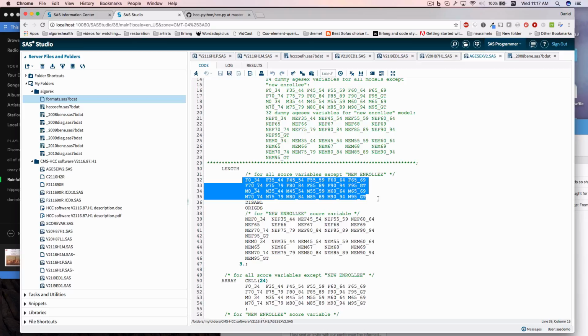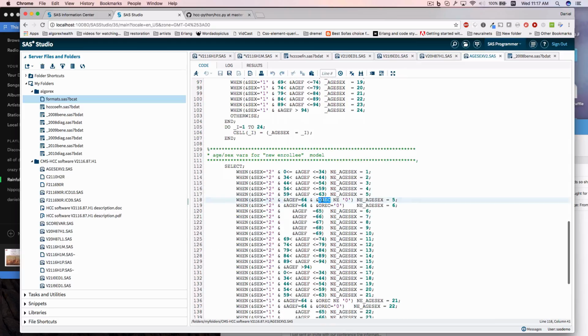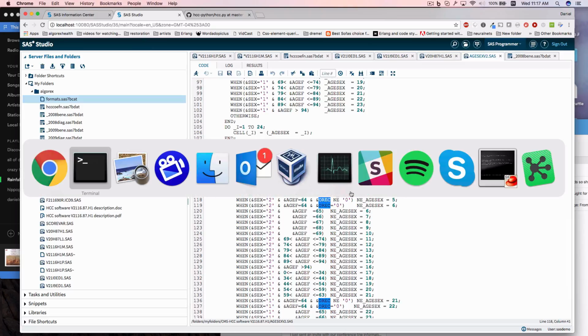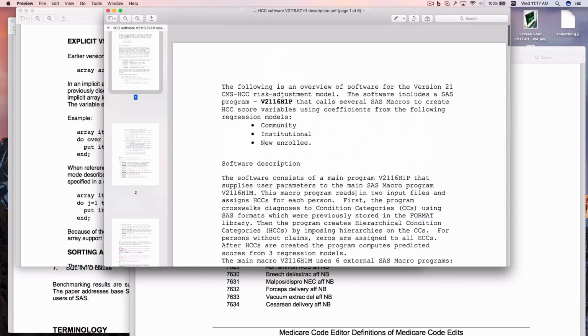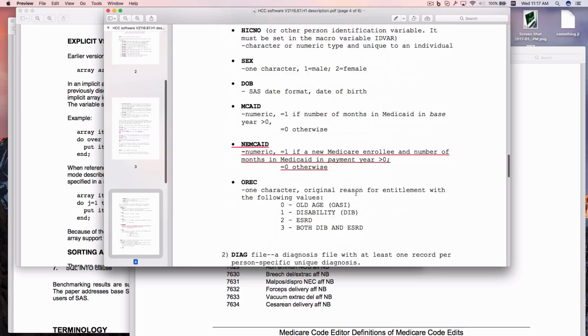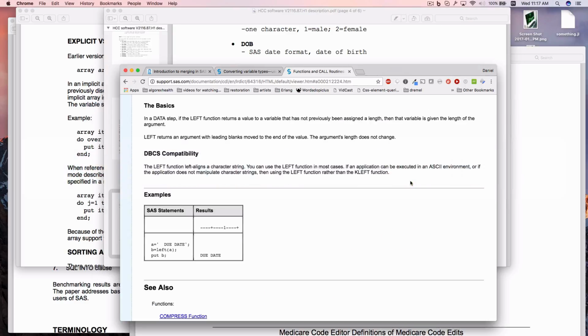We're getting it. Good. So the OREC that you read in is not used for anything? It is. It absolutely is. The original reason for entitlement, that's a later variable. Well, it's actually used in this file right here. If the original reason for entitlement is not equal to 0, and they explain what the original OREC is, it's what in statistics is called a dummy variable. You can call it an indicator variable, but it really has 4 values: old age, disability, end stage renal disease,